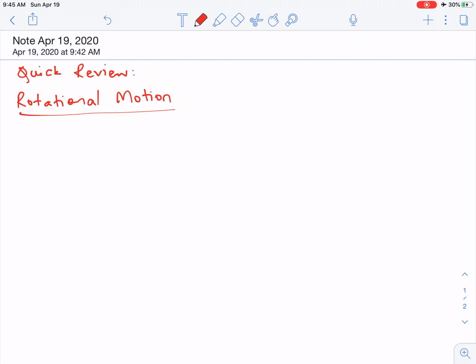Hello everyone. I would like to start with a quick review. We started rotational motion last time, and I think it's important to review the material because there are new symbols and we just need to get used to them. So we start with the position, and I'm going to show the mapping as well from linear to angular or